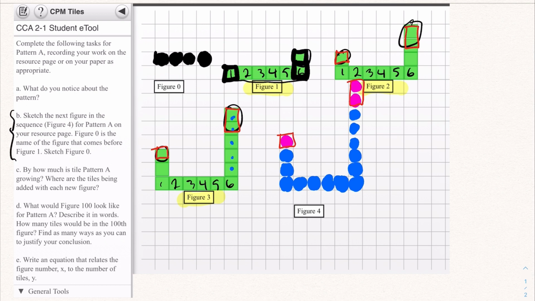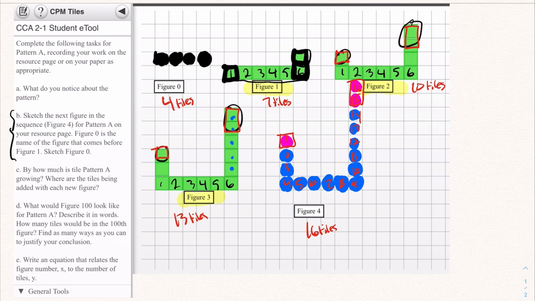So by how much is tile pattern A growing? Or like how many tiles is this pattern actually growing from 0 to 1, 1 to 2, and 2 to 3? Well, if you take a look, we started with 4 tiles for figure 0. For figure 1, I've got 7 tiles. For figure 2, I have 10 tiles. For figure 3, I had 13 tiles. And for figure 4, I've got 16 tiles. Count them all up: 1, 2, 3, 4, 5, 6, 7, 8, 9, 10, 11, 12, 13, 14,